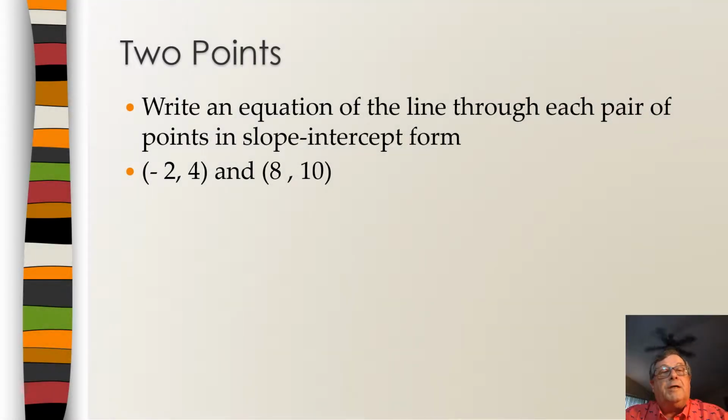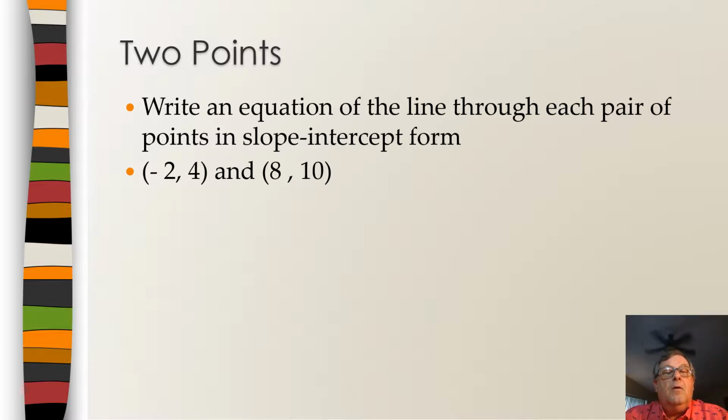We're writing equations of lines. And how about, can we write an equation if all we are given is 2 points or 2 coordinates, 2 ordered pairs on the coordinate plane? So we're asked to write an equation of a line through each pair of points in slope-intercept form, y equals